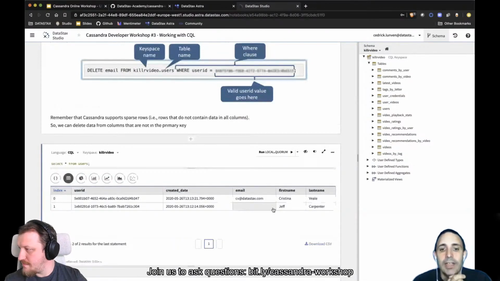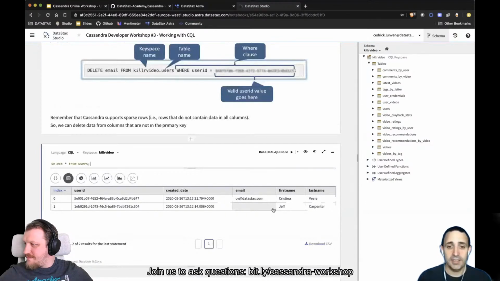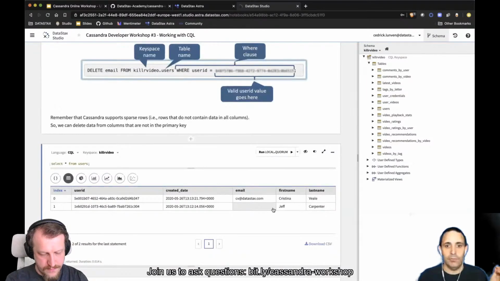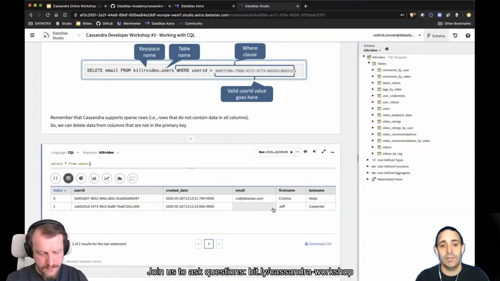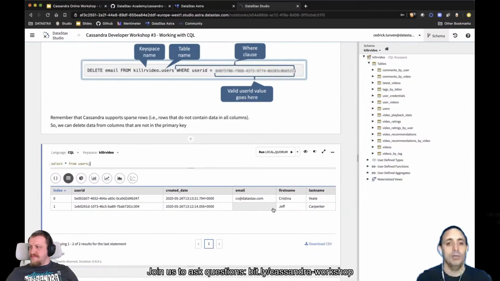It's totally good design for Cassandra to have sparse tables. A big number of columns and empty values, totally fine. On the contrary, in the relational world, if you do not provide anything in a column, it will be a null value that will take some space. For Cassandra it is partition ID, the partition, and then key value, key value, key value for any extra column.